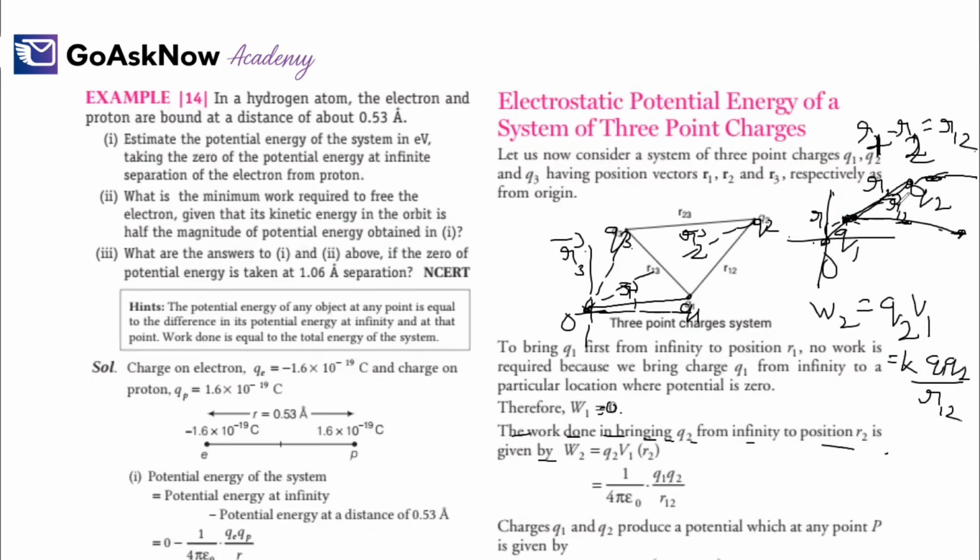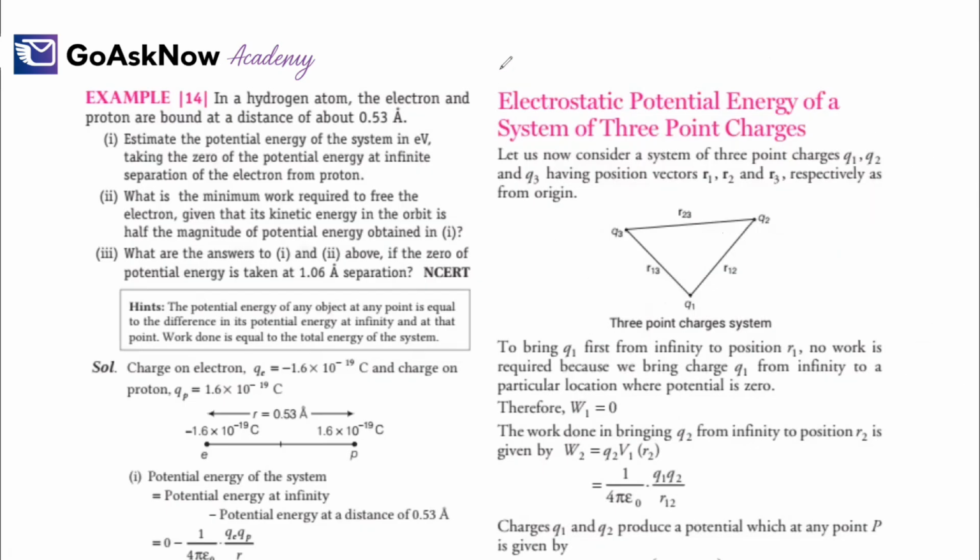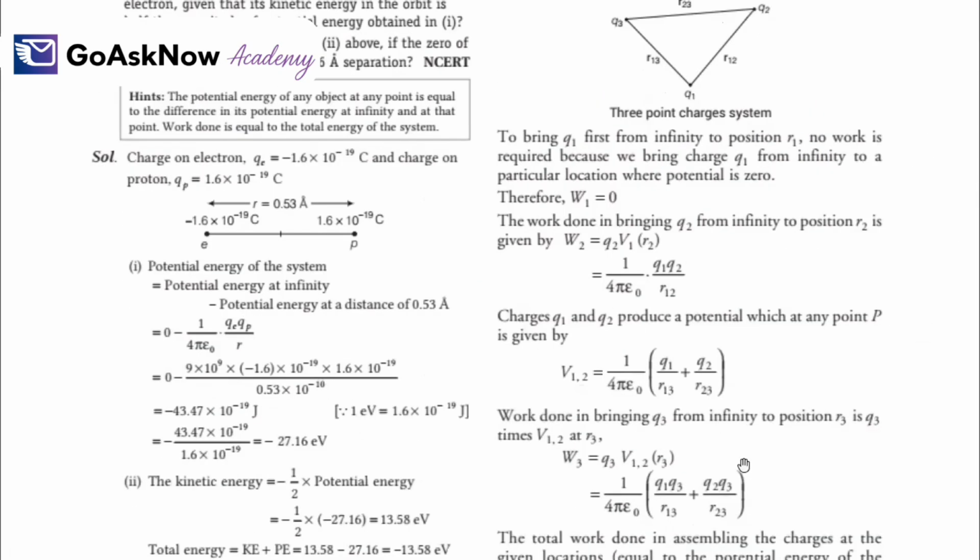So now, this was the work done to bring the charge 2. This was work done 2, that is W2. Now we will see what is the work done W3 to bring the third charge at position R3, position vector R3. So now we will move the Q3 charge here. So the work done now will be equal to